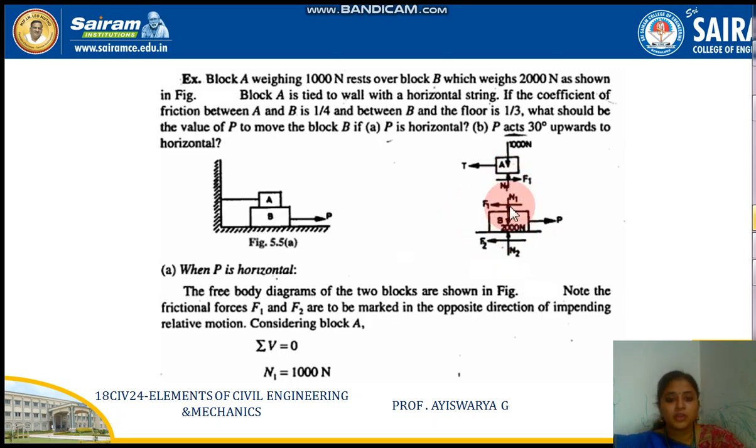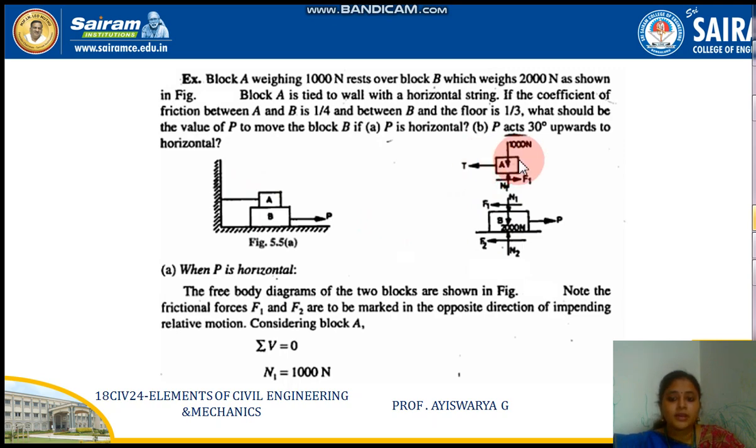When you look at friction numericals, you need to add the frictional force. You add it in the direction opposite to the movement: if the tensile force is in this direction, friction will be in the opposite direction. Likewise for block B, P is in this direction, so the friction will be opposite to the applied force, for both cases. The one above is F1 and the one below is F2, since they are for block 1 and block 2. For a string, it always produces only tensile force, so mention it as T.